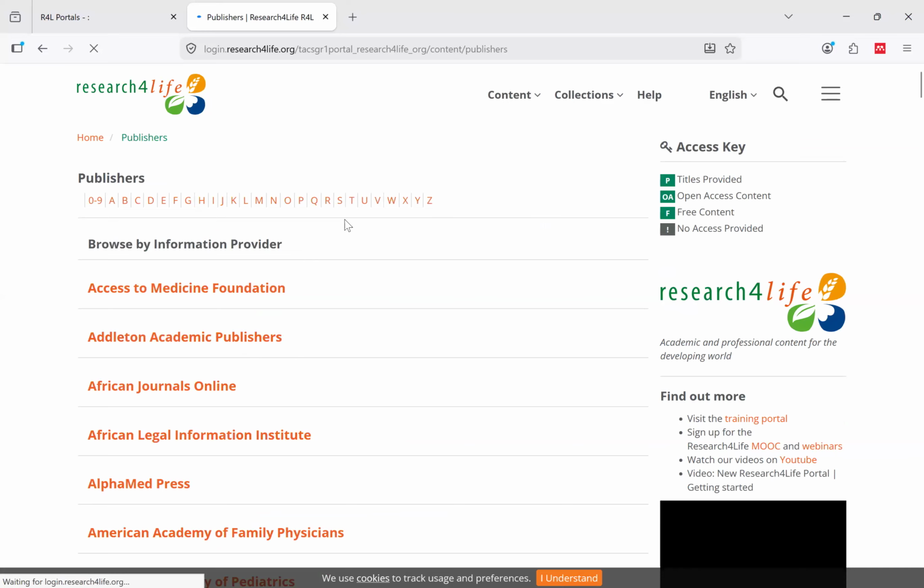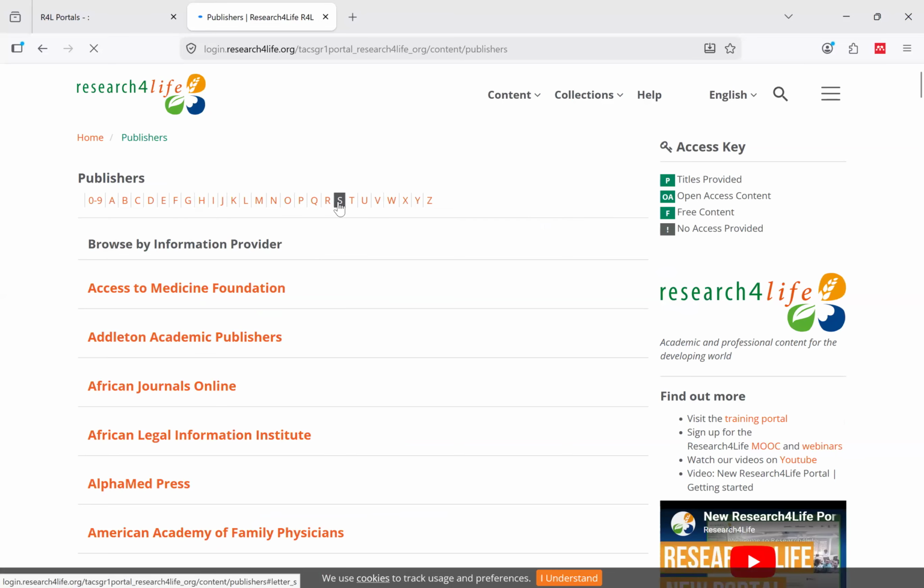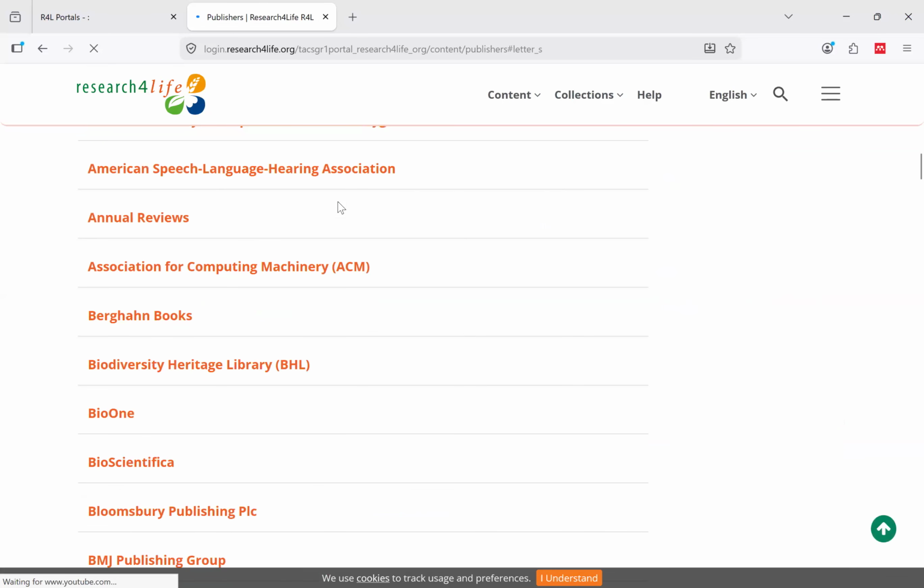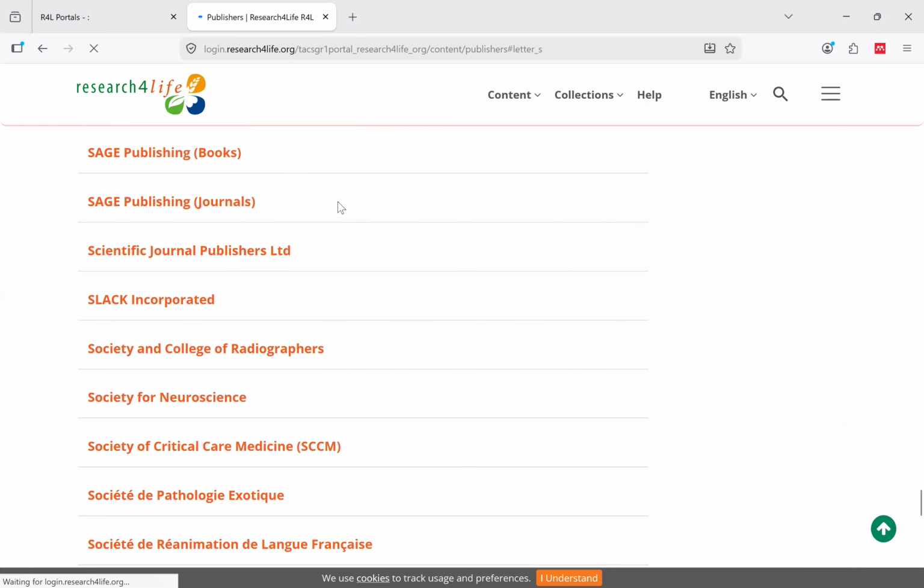So let me explore Sage. The trick of exploring Sage should apply to all the other databases. Now, as a librarian, I know Sage books are not available to us, but Sage journals are available to us. So I'll click on Sage journals.